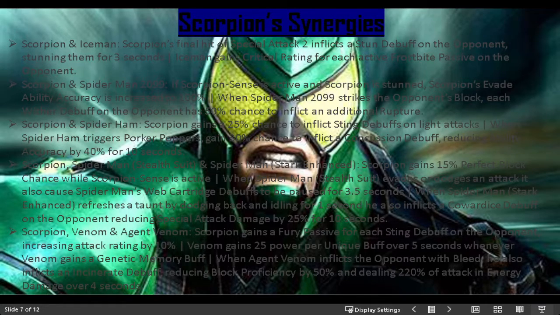When Spider-Ham triggers Porker Poppers, he gains a 30% chance to inflict a concussion debuff, reducing ability accuracy by 40% for 10 seconds. This is very useful in loads of matchups. You'll find out that it is really, really handy, especially against Mephisto matchups or something like that. If he wants to use that Special 2 and get the Aura of Incineration, chances are he could